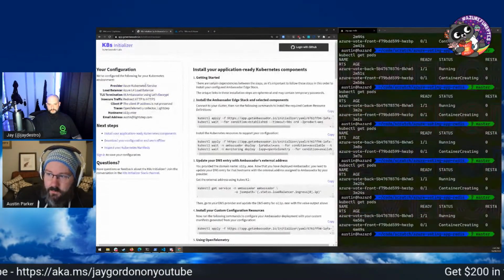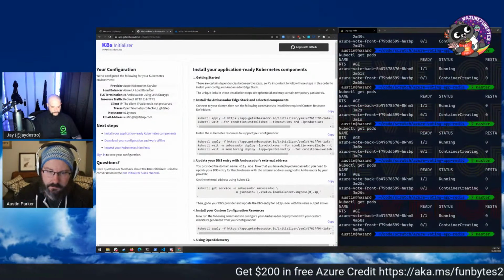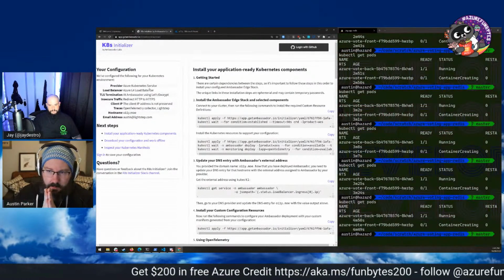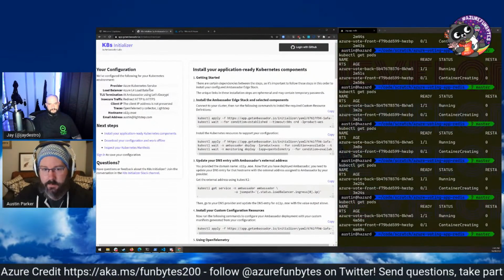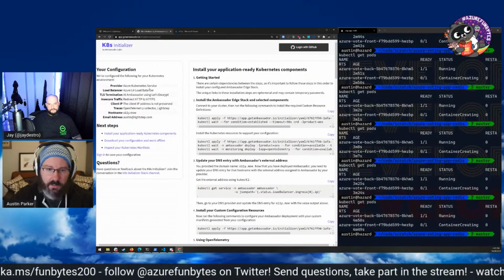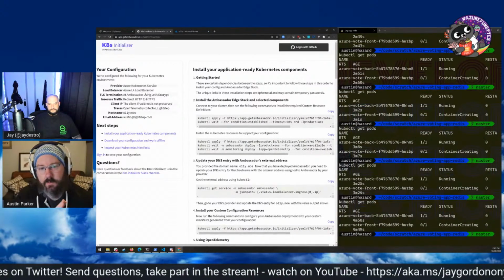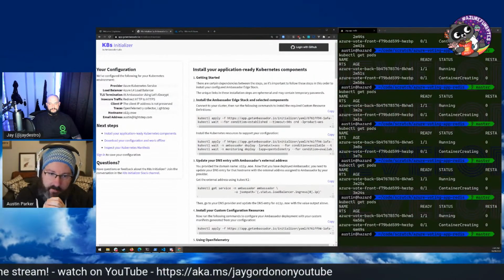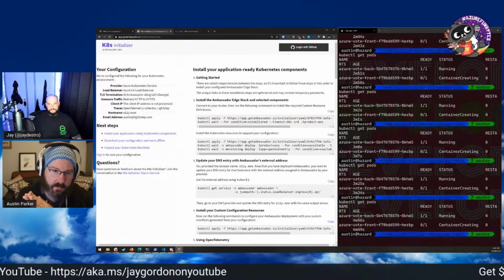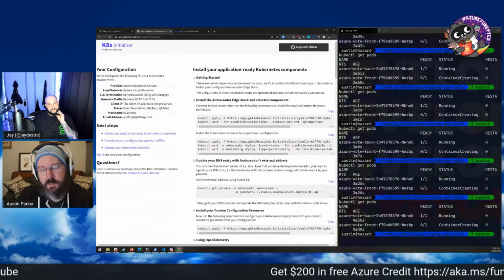It also handles one other nice thing: if you've ever tried to set up a public Let's Encrypt certificate for your cluster, that can be a lot of fiddly moving parts. We can actually tell this, hey, we want to use Let's Encrypt. We want to terminate TLS. We want to have HTTPS, and we want to terminate it at that ingress proxy. So Ambassador can do that for us.